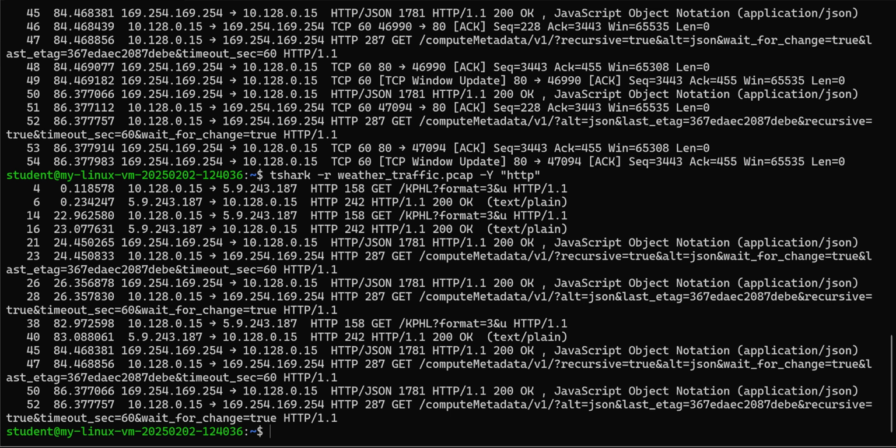And we could further filter this down if we wanted to. We could only show certain fields, right? There's a lot of stuff being shown here. We can pare this down to just the fields we want. So we can add a -T. So -T is just going to extract specific fields, and then we pass it the name of the fields we want. So maybe I want